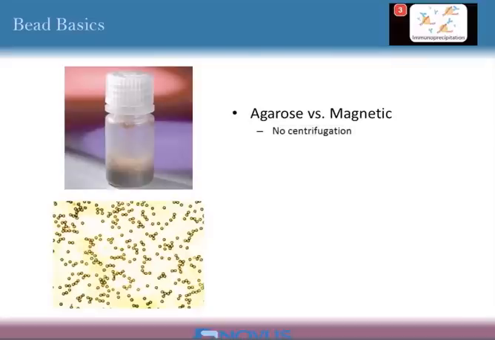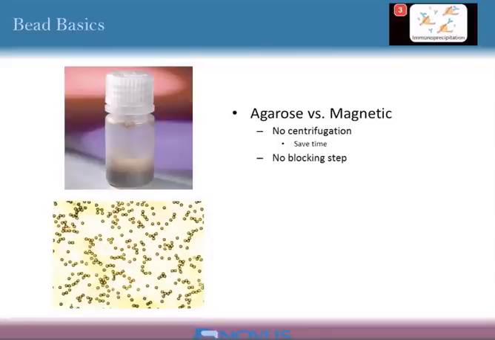So number one is saving the time without having to do the centrifugation steps. With agarose, after each wash, you have to pellet the agarose in a centrifuge, then put your pipette tip in and try to pull out all the liquid that's in there without either pulling up the beads and disturbing the beads, or the opposite, leaving too much of your buffer in the tube. So with magnetic beads, since you're separating the beads by pulling them to the side with a magnet, you're able to get your pipette tip all the way to the bottom, pull all the liquid out, and not pull any of the beads